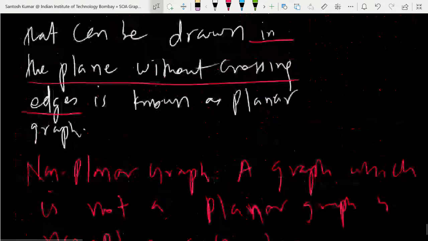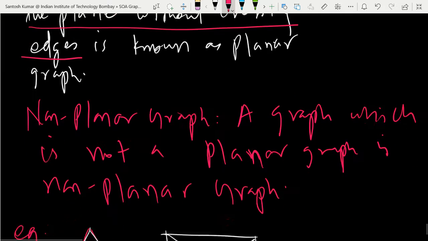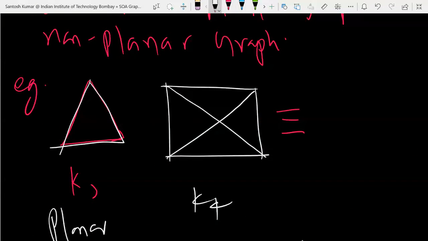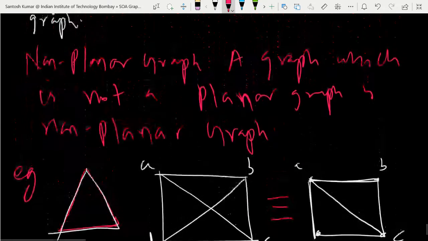So the question is whether it can be drawn without crossing; can means you will find the possibilities. Let me write it in another way. Let me call the four vertices A, B, C, D. So we have edges AB, BC, CD, and AD. I want to join AC, so let's join AC. Now we have to think of how to join B and D so that no edges cross each other. You can do that, right?